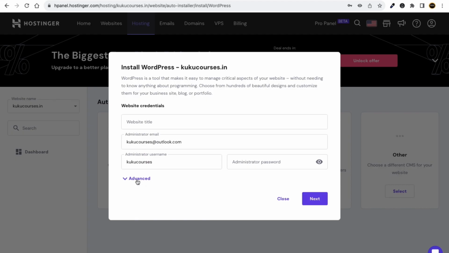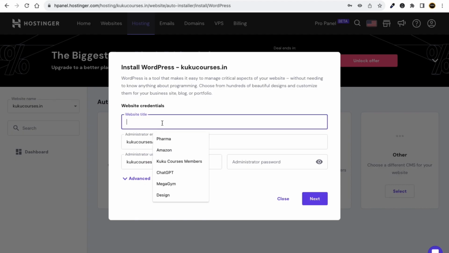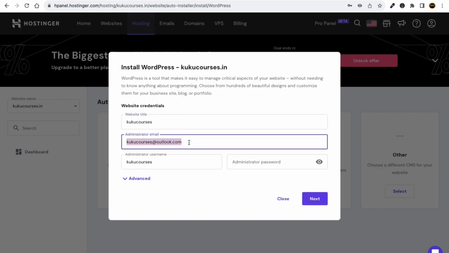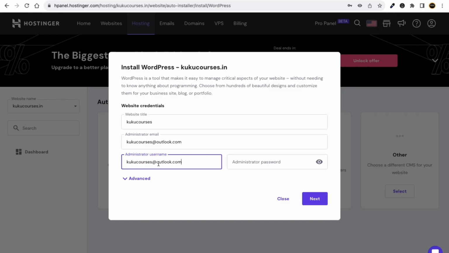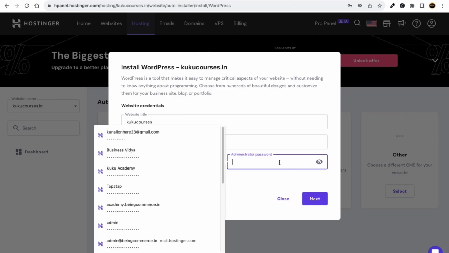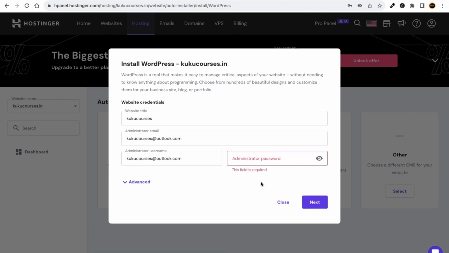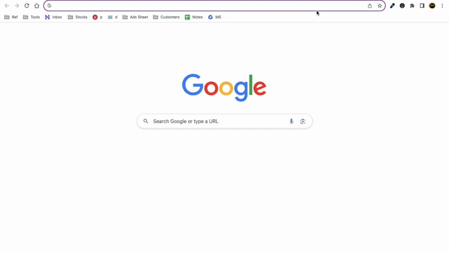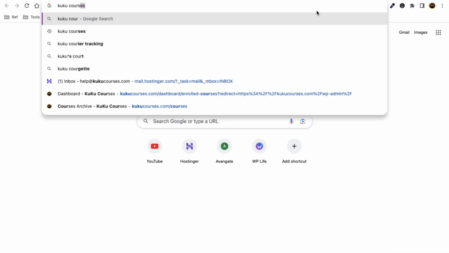Awesome. Now you can just set your website name. Let's say I will just name it KuKu courses. Awesome. And for the username, I recommend you guys only use the same username and same email. And the password you can just set whatever password you want. So you can use, let's say, KuKu courses